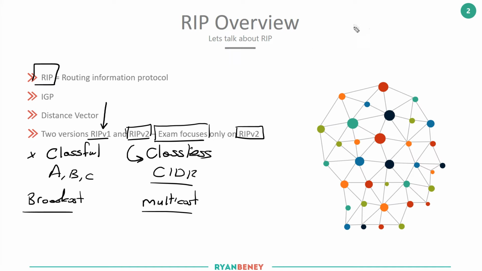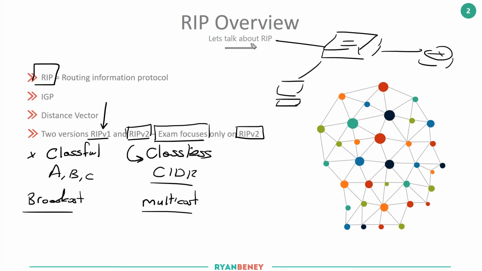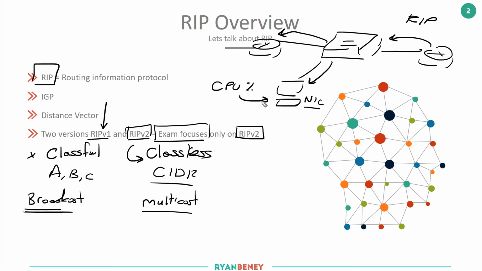So if I've got a switch and that switch has a PC and, let's say, two routers connected, and the router sends a RIP update onto the wire, because it's broadcast traffic, both the router over here and the PC will receive that traffic. The NIC card on the PC will accept it, but of course the process of RIP is not running on the actual device, so it would be dropped. But there'd be a waste of network resource and CPU utilization on the device in order to accept that traffic